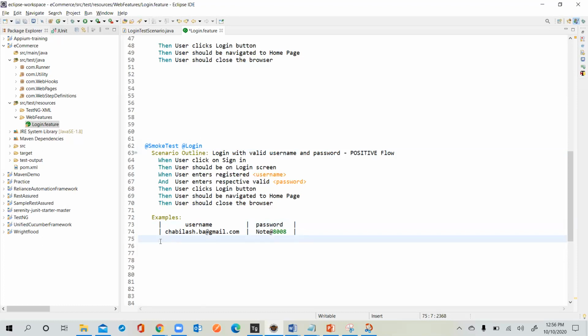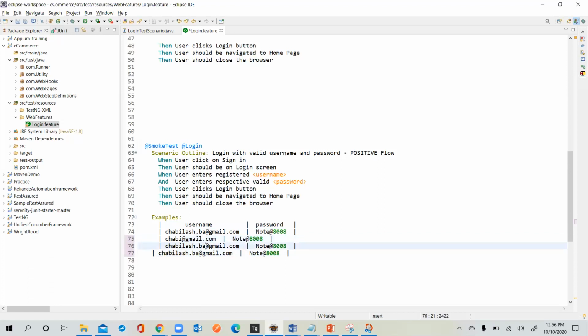Or else even this is also feasible. Now first time you can log in with Abhilash's credentials, second time with my credentials, third time with Pramod's credentials, next Chandrika's credentials. Like that, we can do multiple things.